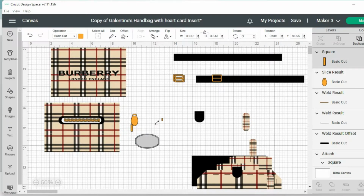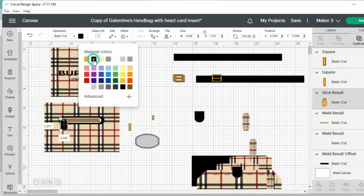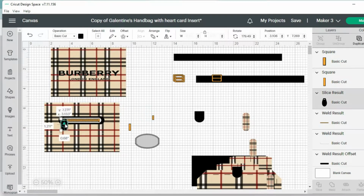Okay, so let's see. Let me do this one a little bit bigger too. Okay, this piece right here, excuse me, this piece right here goes right there at the end. It's where the pole is, you know how you open the zipper and it stops right there, just in case you didn't know. And then this piece I usually fold into here and attach it to here. So I think, should I leave it this way, or I was thinking of maybe doing it black. Let's see what black looks like. I kind of like black. Okay, so I'm going to change this to black